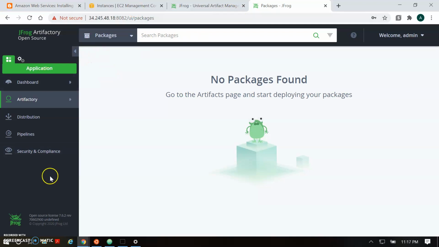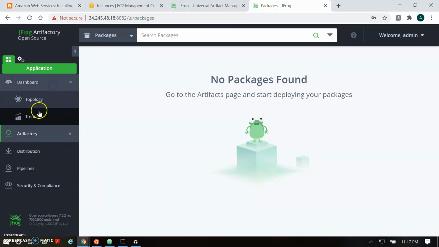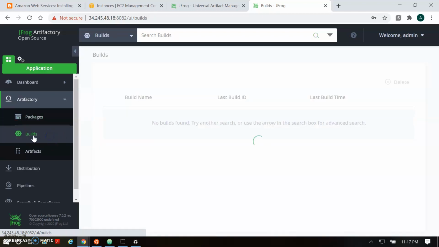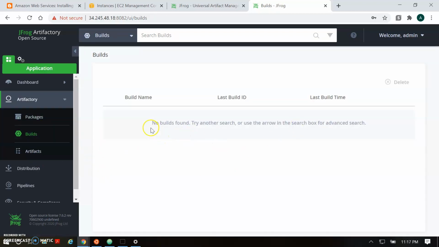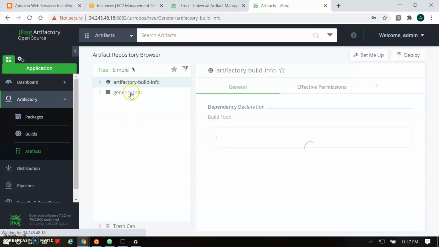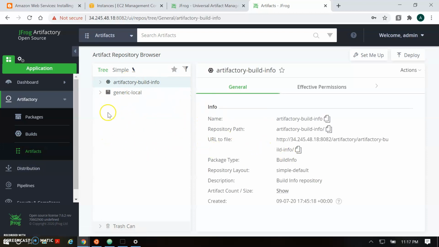This is the UI for the Artifactory server. Here it's a dashboard where you will find the dashboard, topology and trend. The Artifactory part is our core main part. Here you will find the packages. Here you will find the builds which you generate through the different pipelines, and whatever integration part you take. Artifacts: here you will upload the artifacts from your build generation.